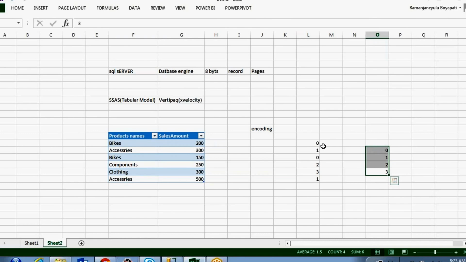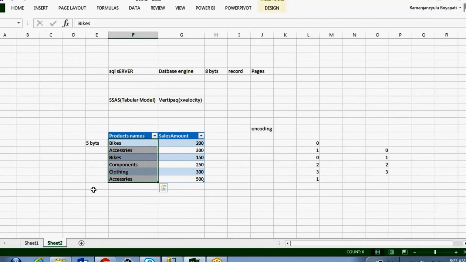This is the one process it uses to store the data. To store these data in your normal SQL Server database or in your multi-dimensional data store, how much space is required, and how much time does it take to process? For text, as many characters as you have, that many bytes are required, so almost 100 or 70 bytes.